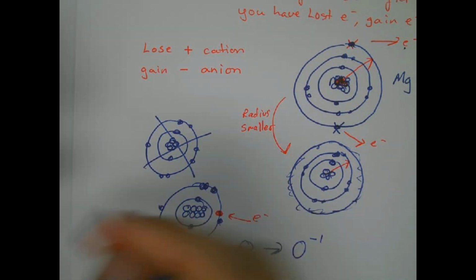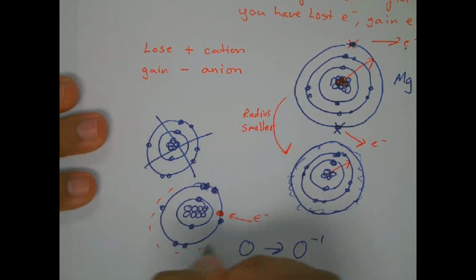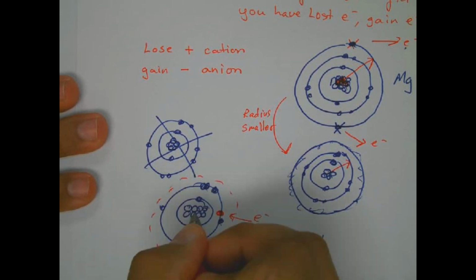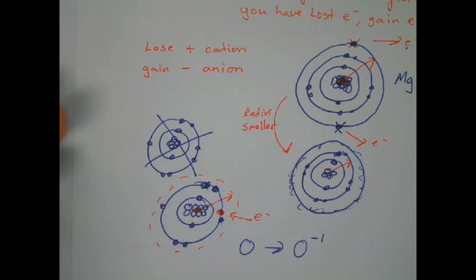Your radius gets slightly bigger. Okay? Your radius will get slightly bigger because the pull force isn't holding on to the electrons as strongly as it was. Okay? So when you gain an electron, your radius gets bigger, and when you lose an electron, your